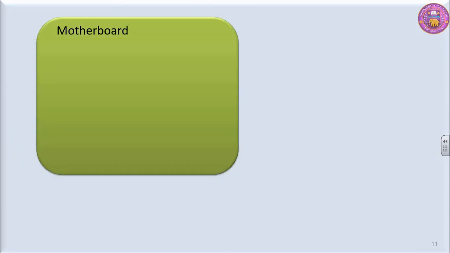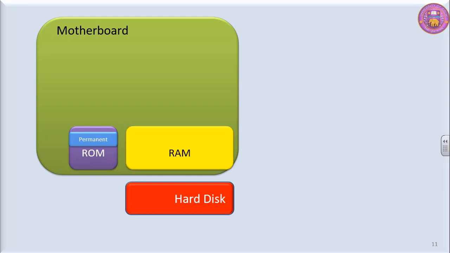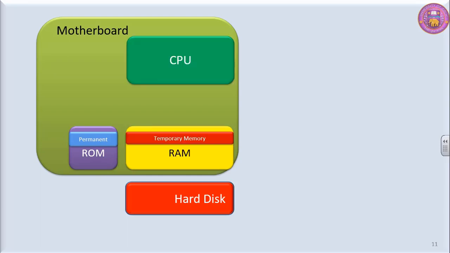Look at this example. We have motherboard, ROM, which is permanent memory, hard disk, RAM, which is temporary memory, and CPU. We know that operating system resides on the hard disk. The moment we switch on the computer, instructions from the ROM come out automatically and search for the operating system from the hard disk.